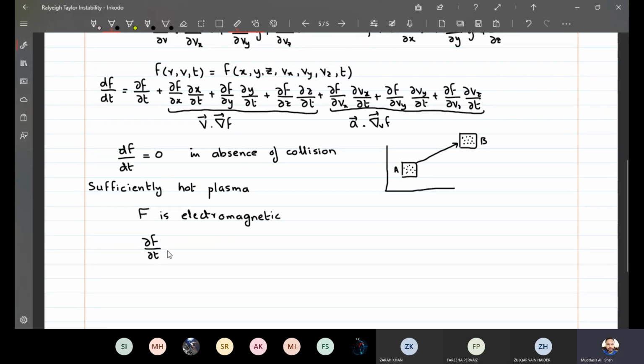पार्शल F बाय पार्शल T प्लस V डॉट ग्रेड F, और यहाँ पर मैं इलेक्ट्रोमैग्नेटिक फोर्स का टर्म लिख रहा हूं, E प्लस V क्रॉस B डॉट पार्शल F बाय पार्शल V, तो ये कहलाती है Vlasov इक्वेशन।